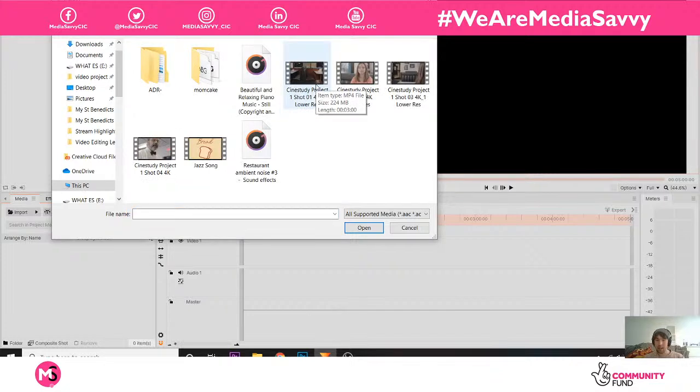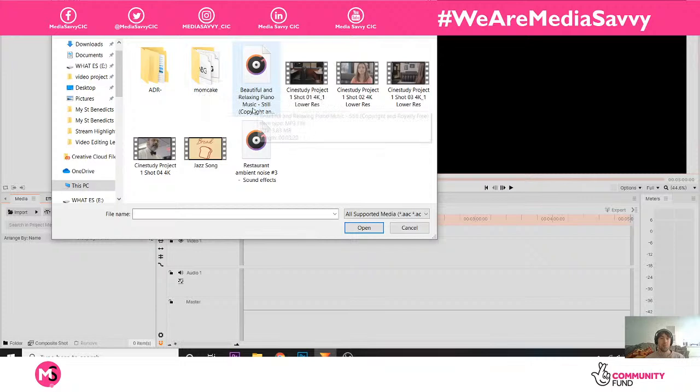I've got my bin here. Well, it sounds a bit crazy to call it a bin, but that's generally what we call it. It's just where you put all your stuff. It's not technically rubbish, but it's our bin of work. And I've got my font here. This is the font that I want to be using for my title. You don't need to use that, but it's just something extra.